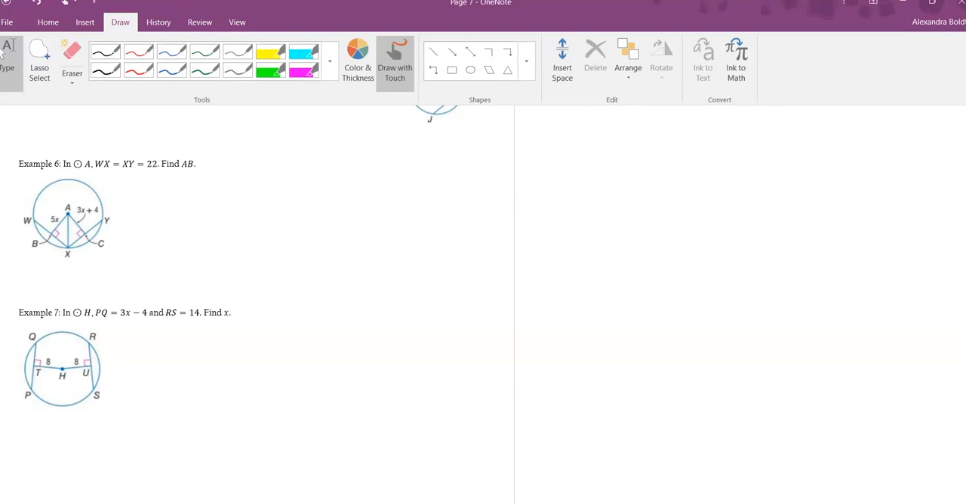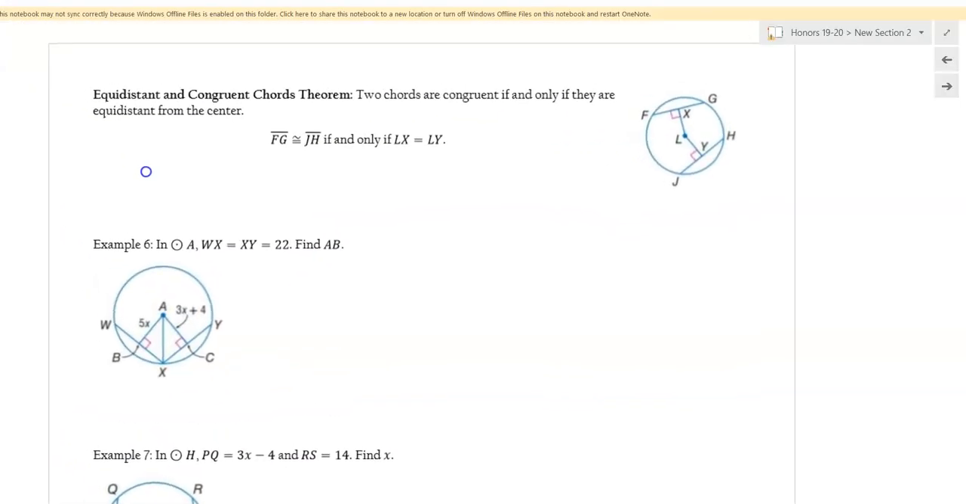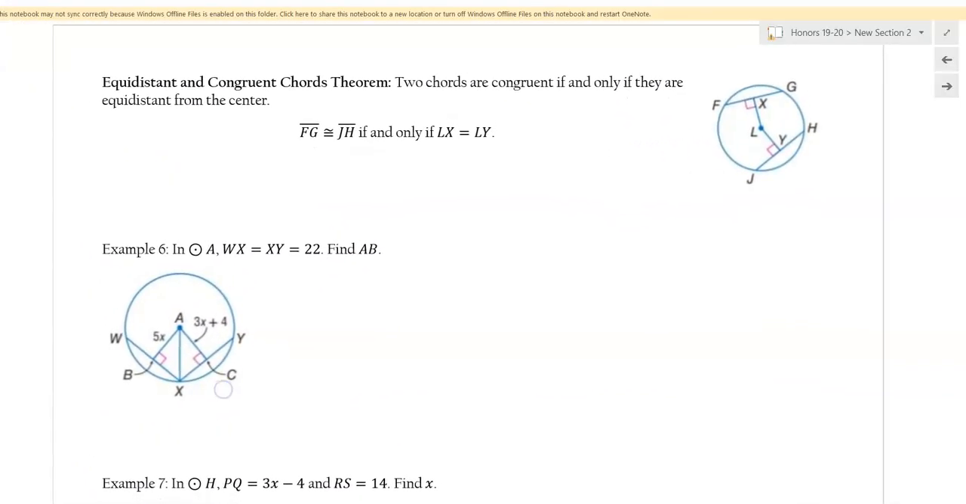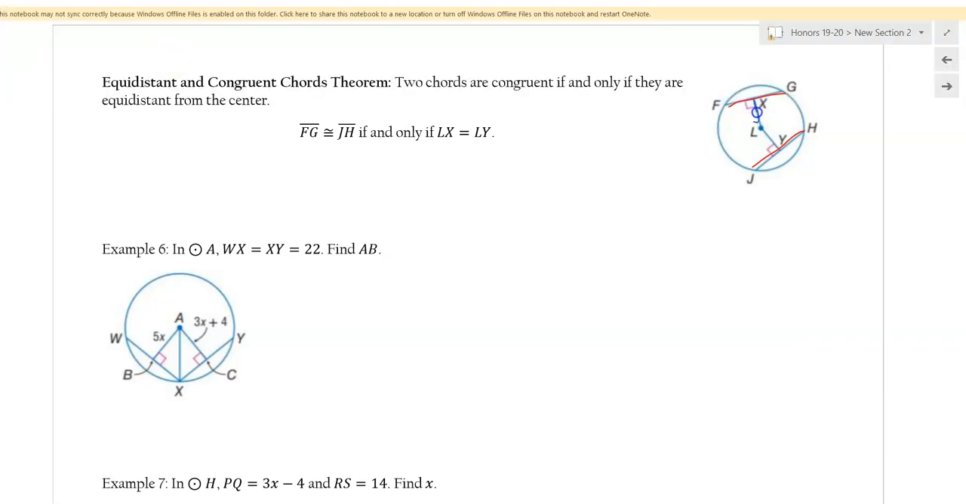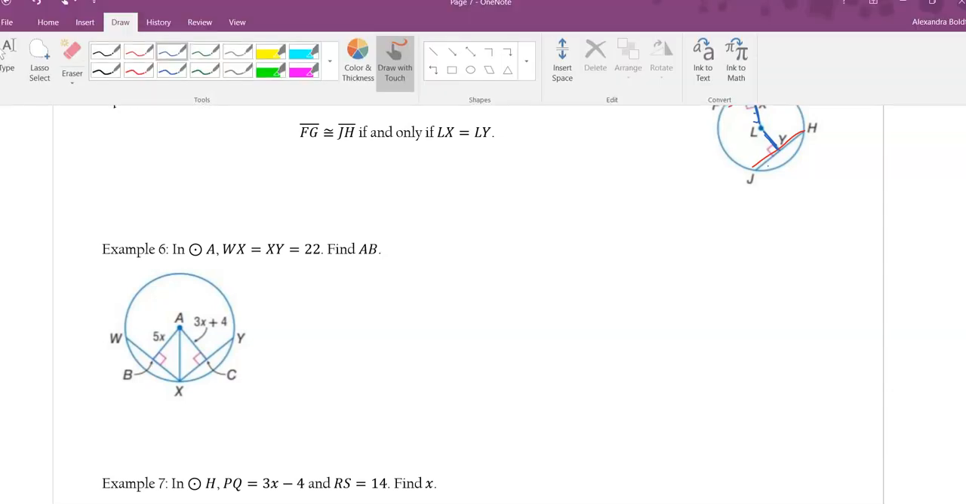Let's look at our last theorem, the equidistant and congruent chords theorem. Two chords are congruent if and only if they are equidistant from the center. So we have these chords FG and GH. If these chords are congruent, then their distance from the center is the same, and vice versa. If I know these are the same, then those are the same. Okay? So if I look at an example,